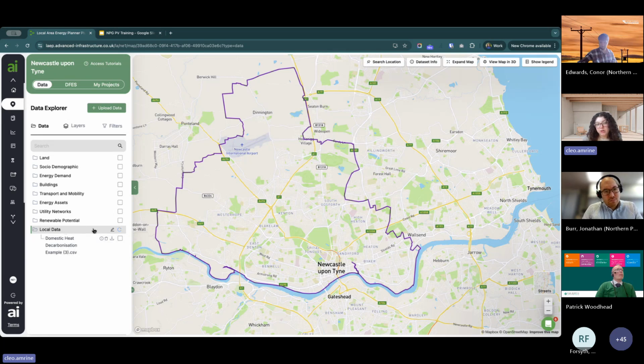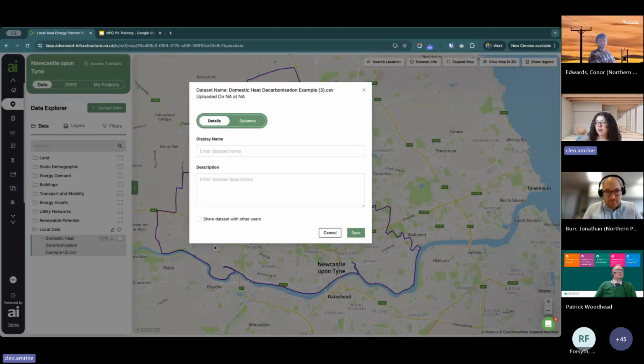It is private to your account when you first upload it, but if you want to share it with others, you can click on that eye icon next to the name of the data set. And then you'll see this share data set with other users option right here. If you just toggle that on and then save it, your data set will appear on the dashboard of anyone who has access to your local authority's version of LEAP+, so anyone within your council. If it's a sensitive data set that you don't want to share with everybody and you just want to share it with select colleagues, the admin user for your council can do that. And if you need any help, you can reach out to us on live chat and ask about it.